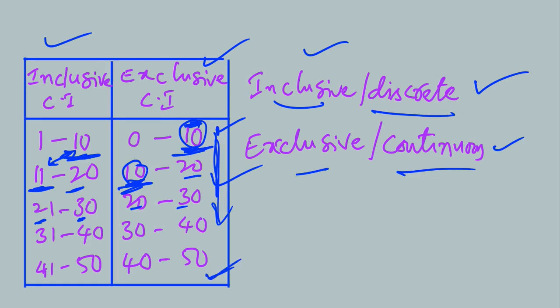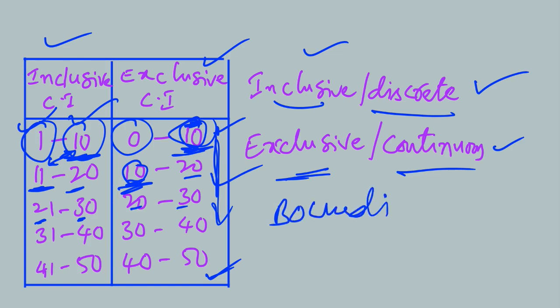Generally, exclusive class intervals are very important because we deal with most of the problems using exclusive class intervals, that we have to remember. And one more thing, I already told you what limits are. Generally in inclusive class intervals, we say lower limit and upper limit. But coming to exclusive class intervals, we say lower boundary and upper boundary. So in exclusive class intervals, boundaries are there.